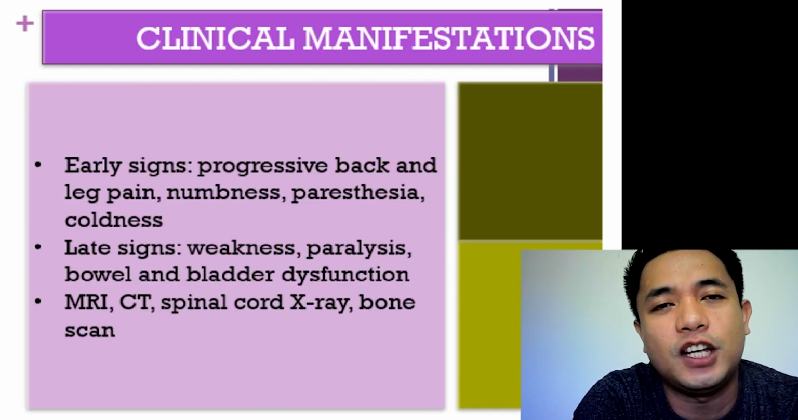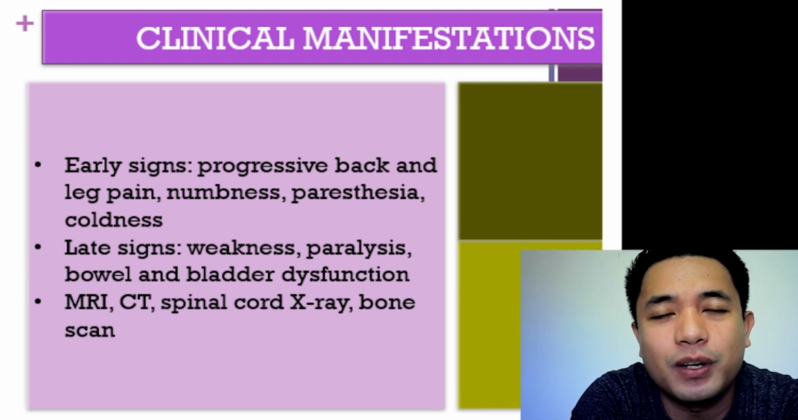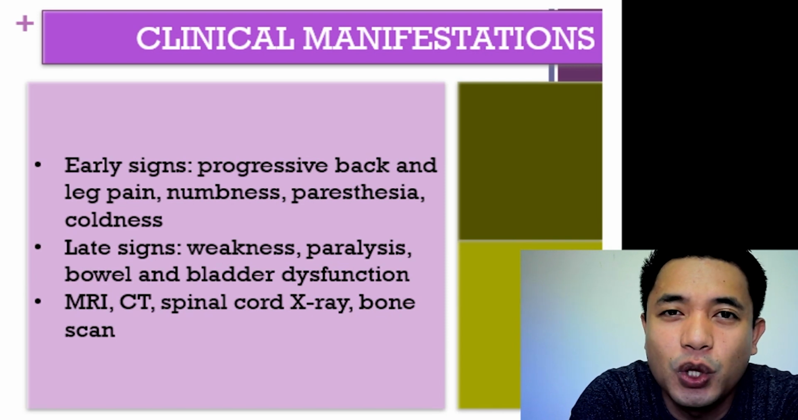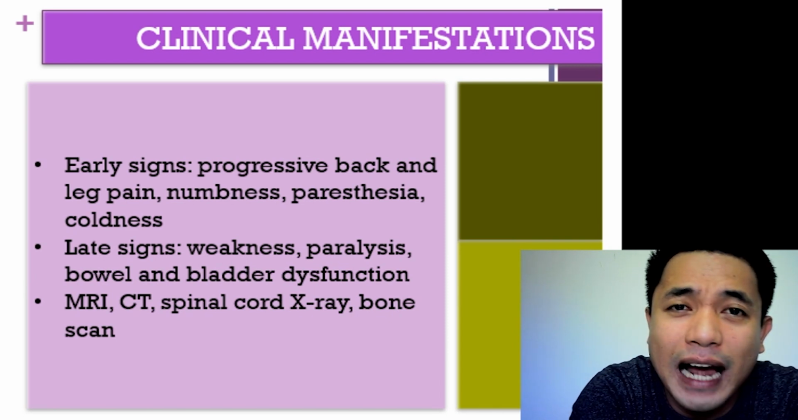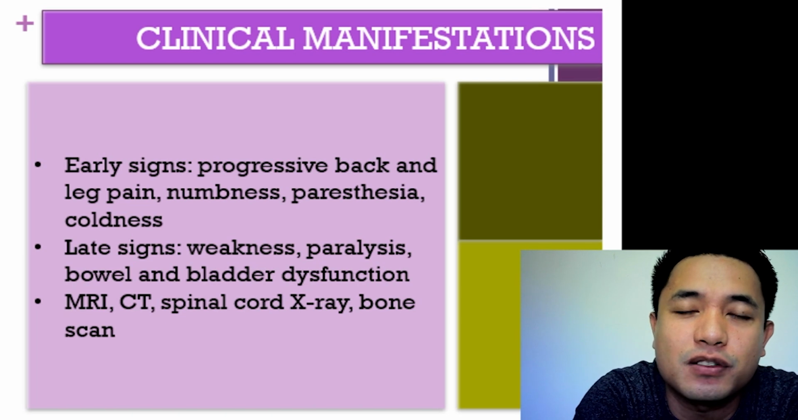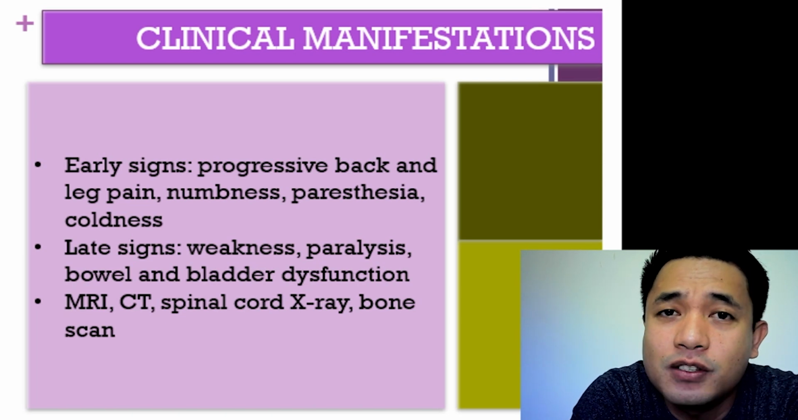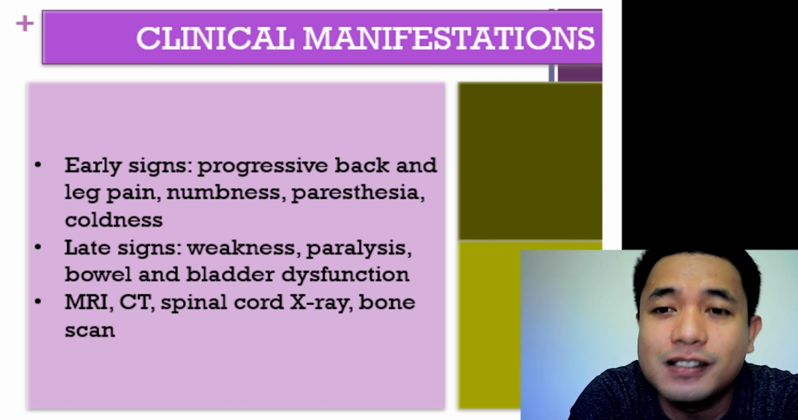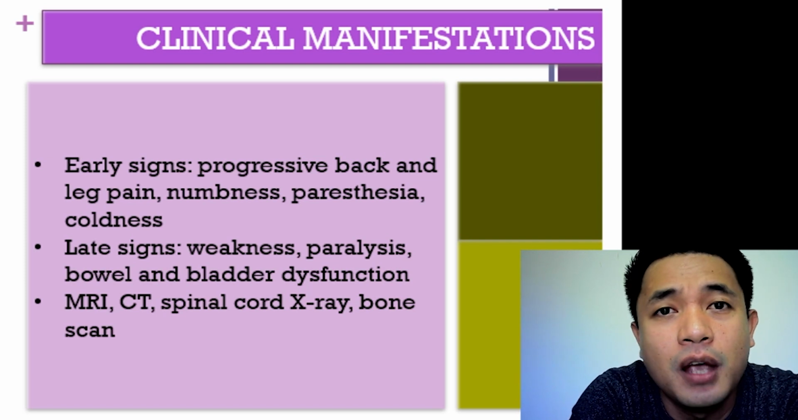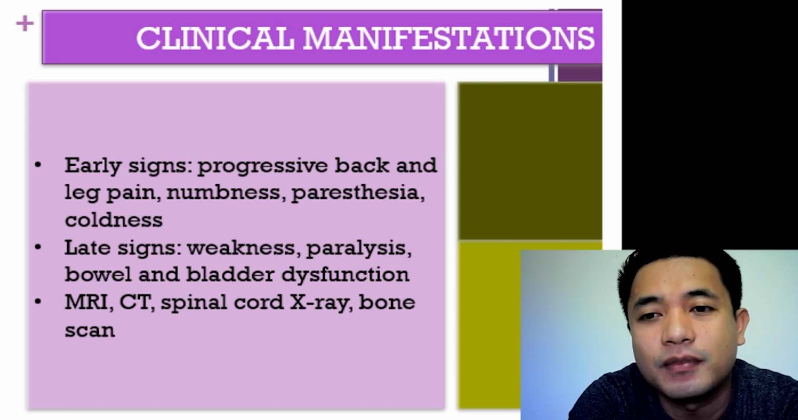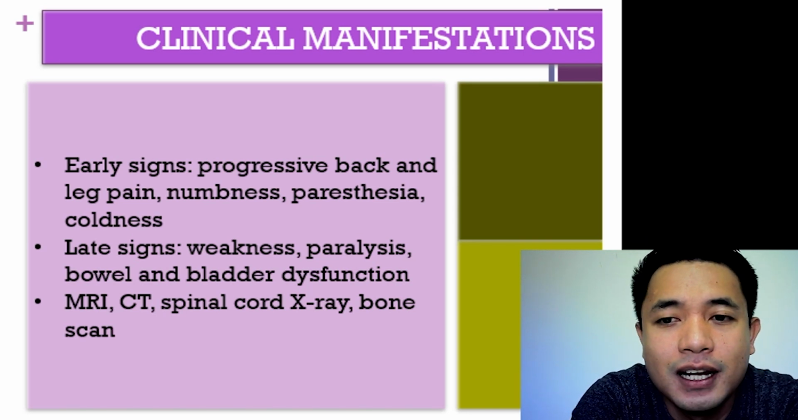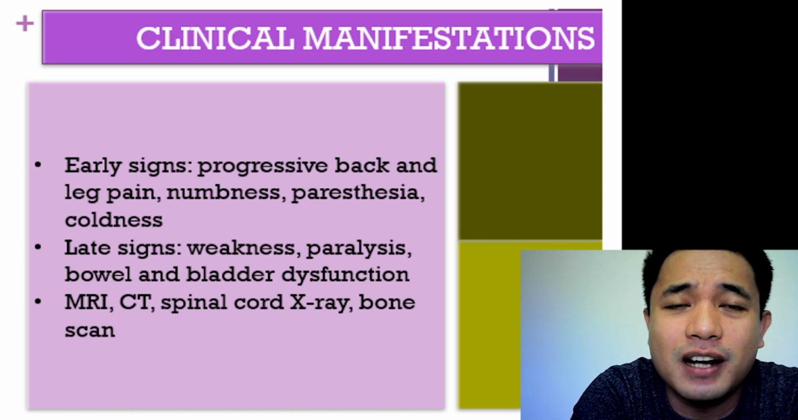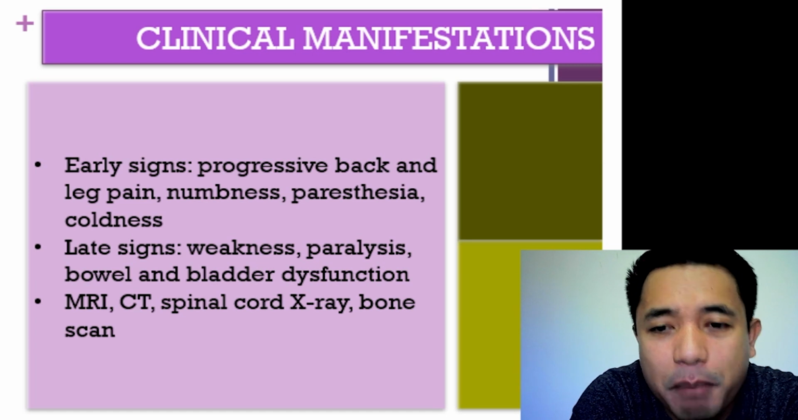Now, with the manifestations, since the spinal cord is in line with the function or transit of the spinal nerves, the one responsible for sensation or as a form of communication towards the brain's reception of any sensation, we can say that a compression of the spinal cord can affect and alter sensation. And so early signs would include progressive back and leg pain, numbness, paresthesia, and coldness. Late signs, however, will include weakness, paralysis, which can be more severe as compared with the early signs,